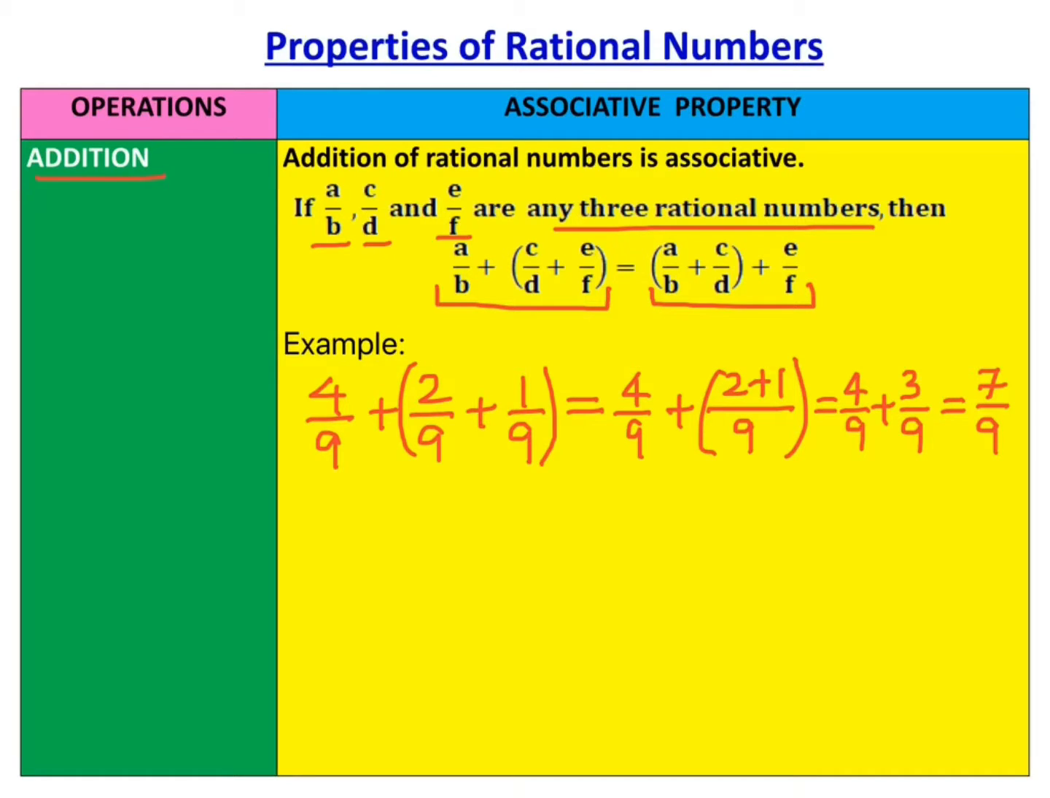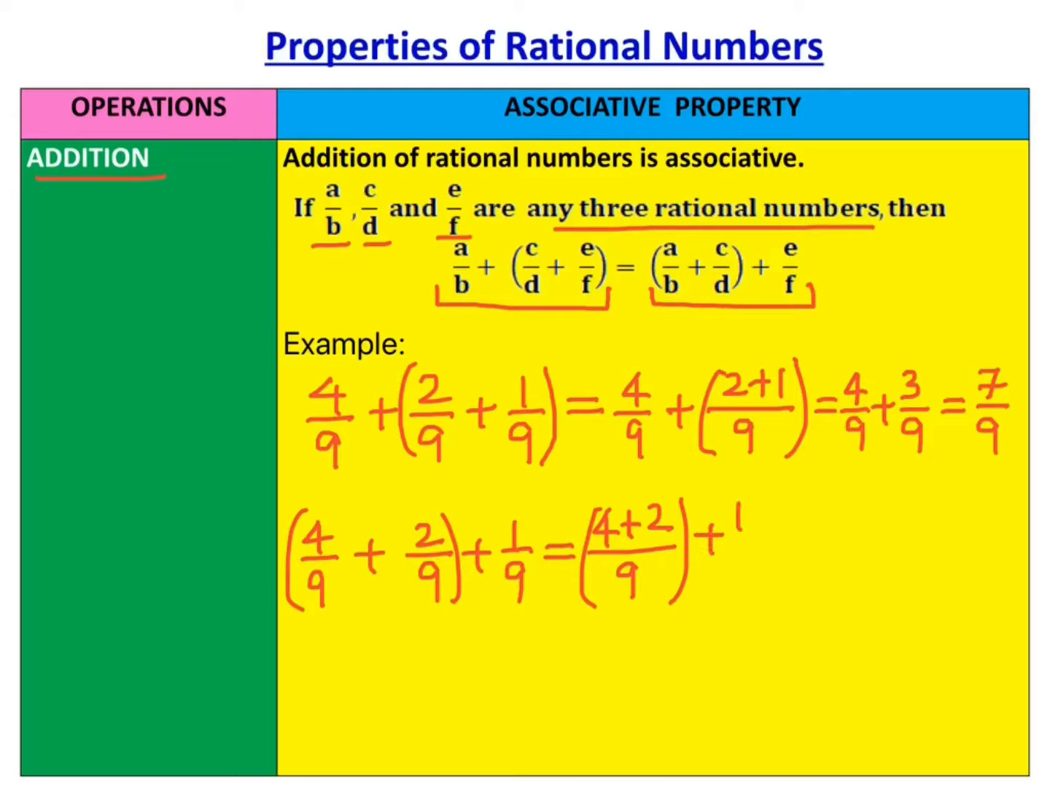Now let's take the same rational numbers, 4 by 9 plus 2 by 9 plus 1 by 9. Now let's group the first two rational numbers and simplify this expression. So this expression is equal to, first we will simplify inside the bracket. We have the same denominators, so we'll take 9 as the common denominator and add the numerators. 4 plus 2